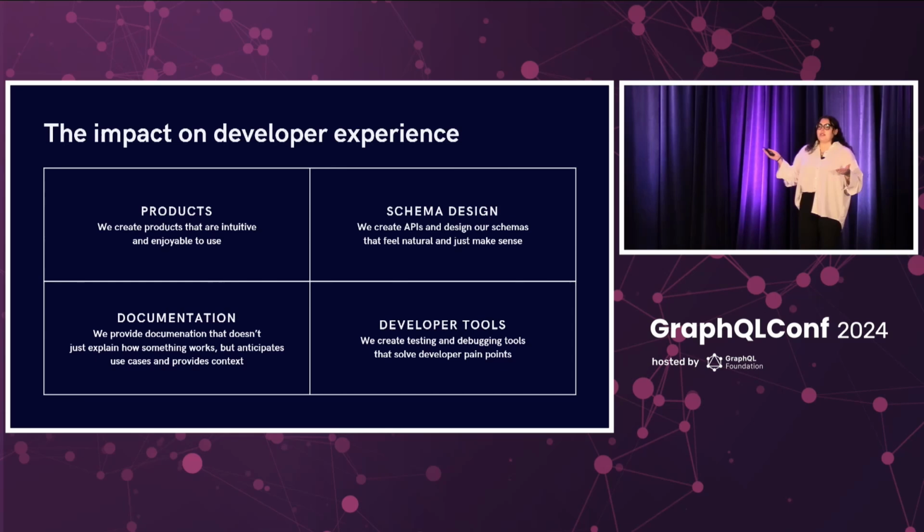Let's talk about schema design. Schema design matters. When we talk about AI and we talk about language models interacting with our APIs, when we're designing our schema, we need to be thinking about those things to make sure that an AI can talk to our schema, or that a developer looking at our schema can understand the structure of the data that they're looking at.